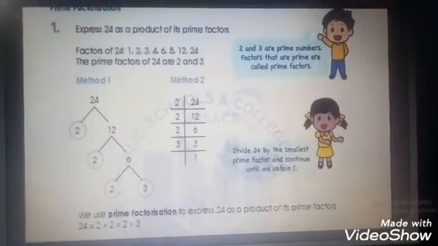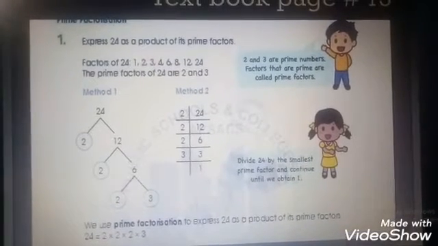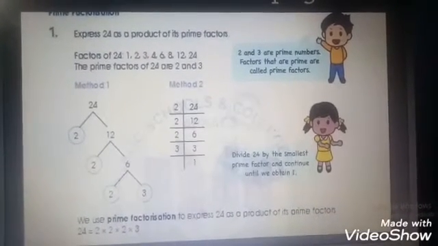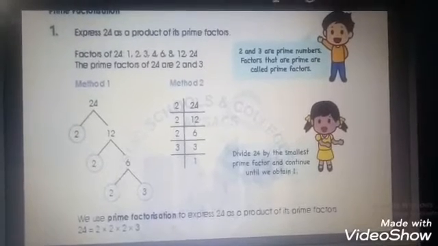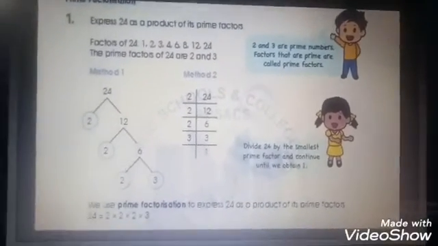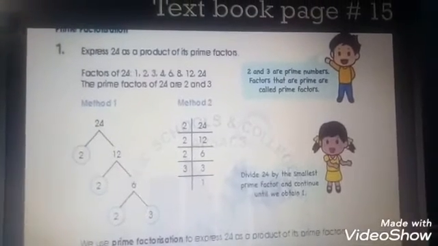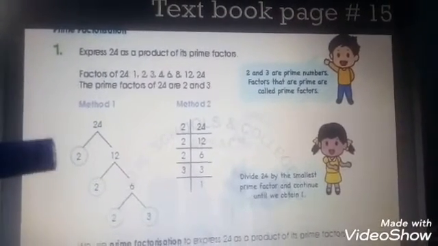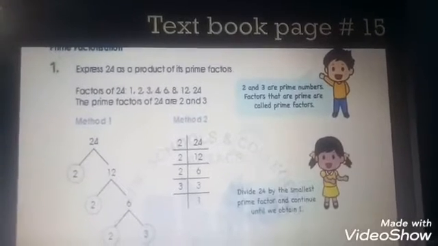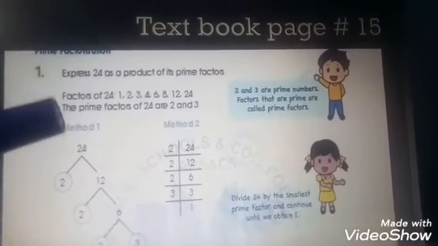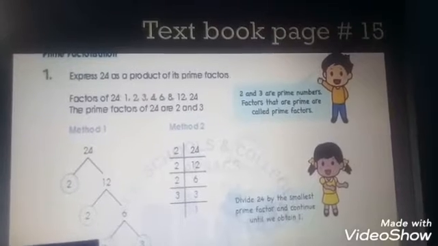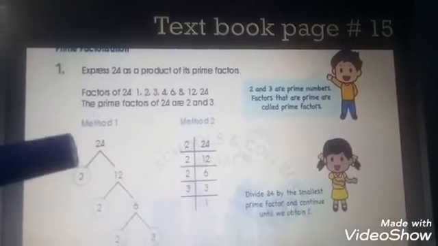So first of all you have to choose the even prime number, because 24 is an even number. So you have to multiply 2 with the number which gives 24. If you multiply 2 with 12, it gives 24. Circle the 2 because 2 is a prime number, but 12 is not a prime number. So you can continue this until you get the prime number at the end.